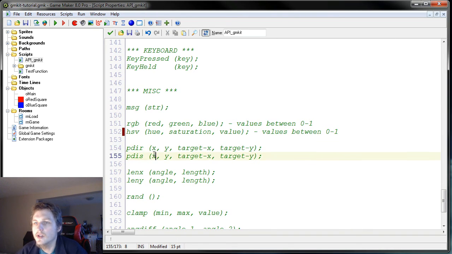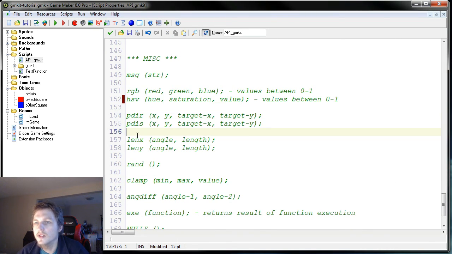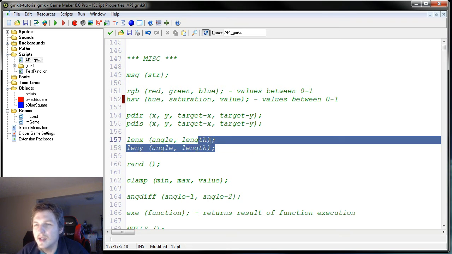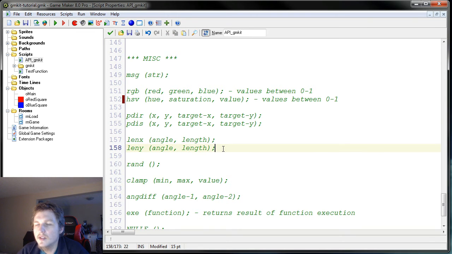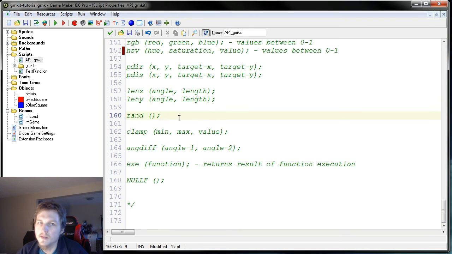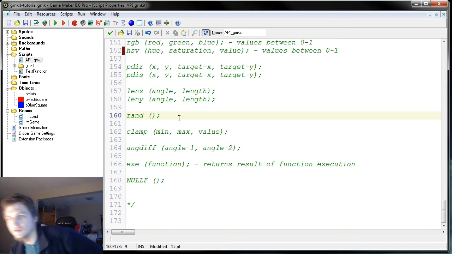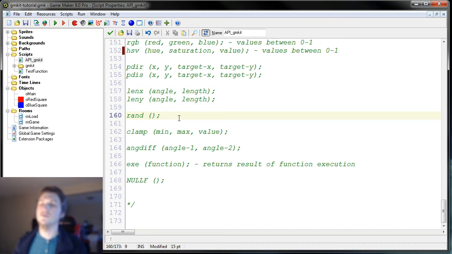Point distance and point direction, pretty straightforward. Len X and len Y as well. I'm not going to really bother explaining these too much. They are, I mean, kind of advanced in some ways. You don't have to be advanced to use them, but they're advanced in the sense that you usually don't have